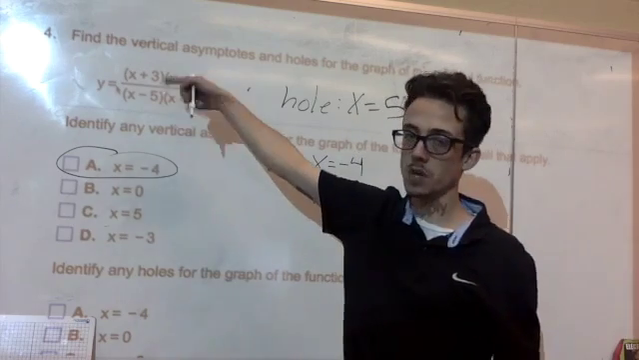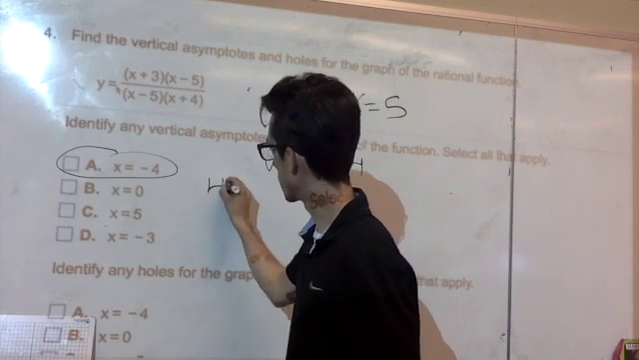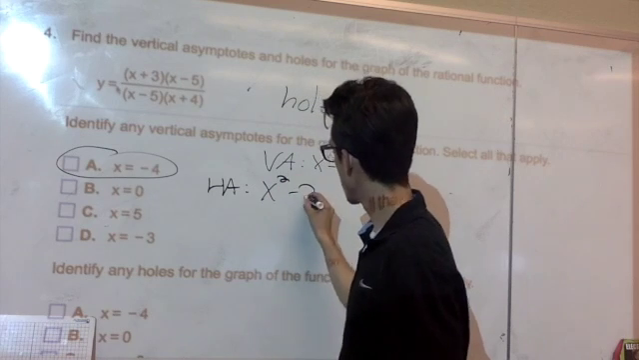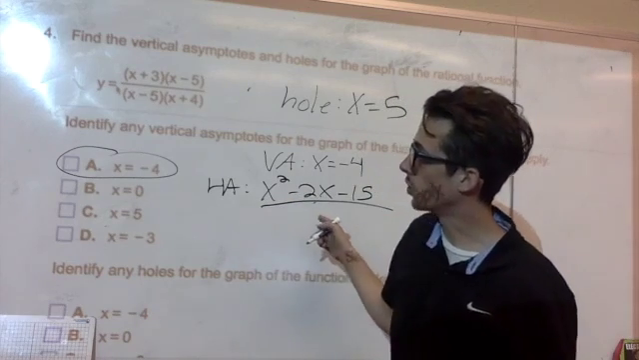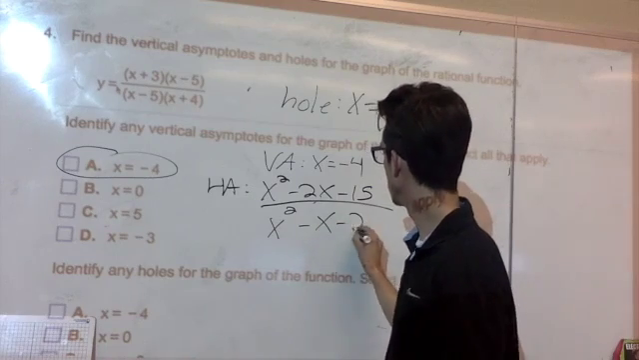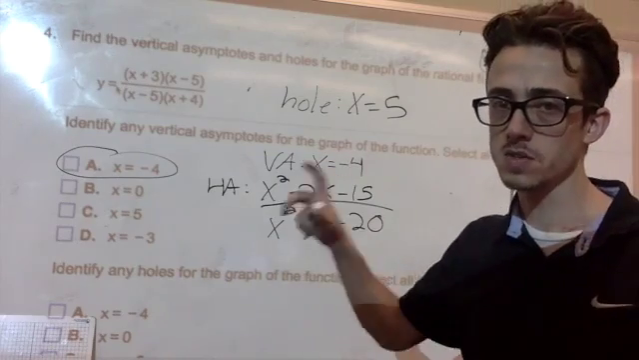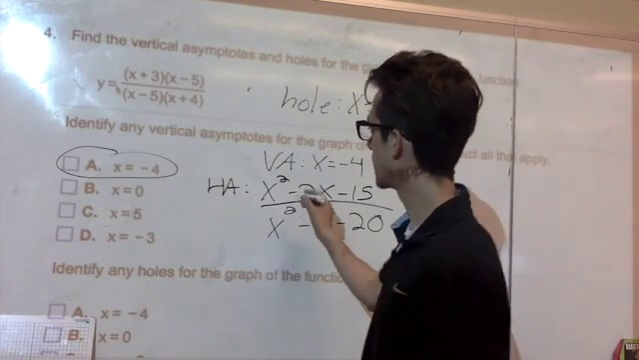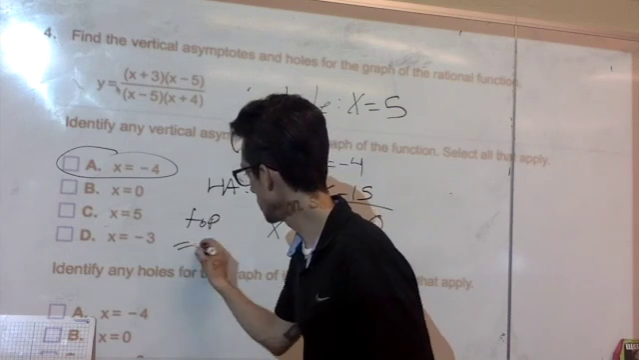I know that if this was all FOILed out, we would end up with an x squared term. So for the horizontal asymptote part, this would get you something like x squared minus 2x minus 15, and that's all over x squared. And again, I'm doing this because I want to look for where the exponents are going to be the highest. So the leading term, that's what you're aiming for here with the horizontal asymptote. So I see that the exponents are the same. So since the top equals the bottom,